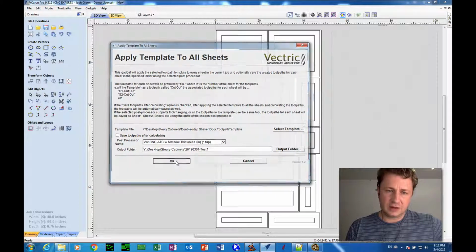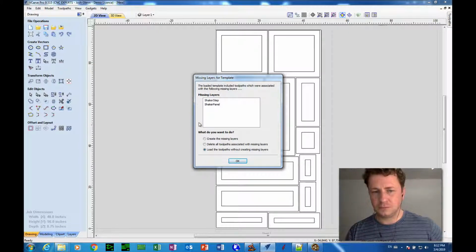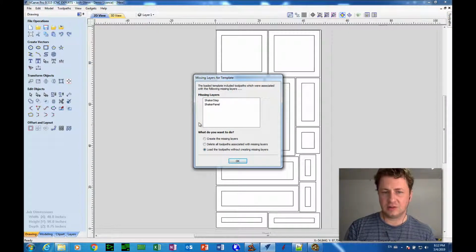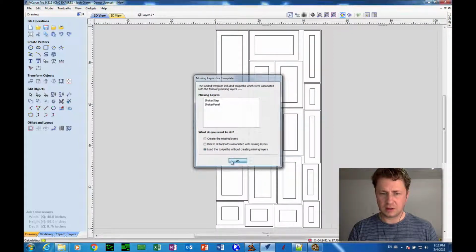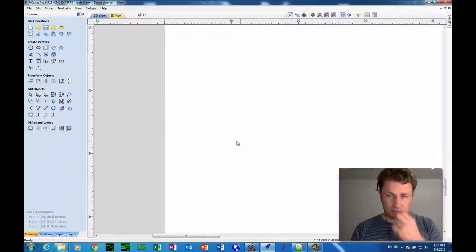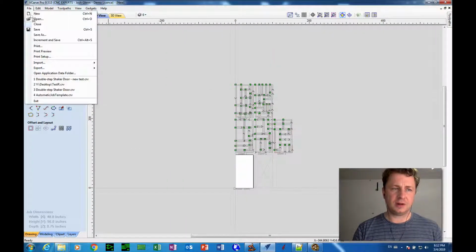So let's click OK. And it says the loaded template included toolpaths which were associated with the following missing layers. So I'm actually not sending out the right cabinets. Okay, so let me back up then. All right, so let me back up. I'm going to close this out,